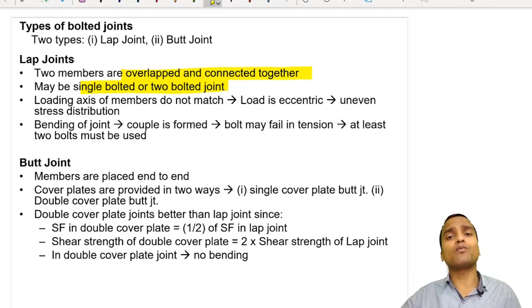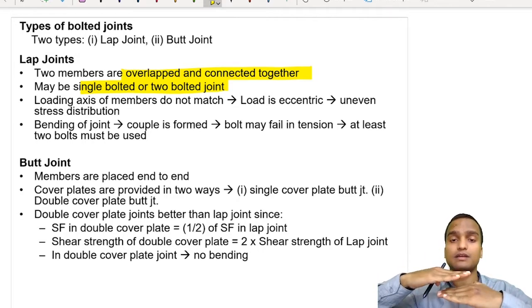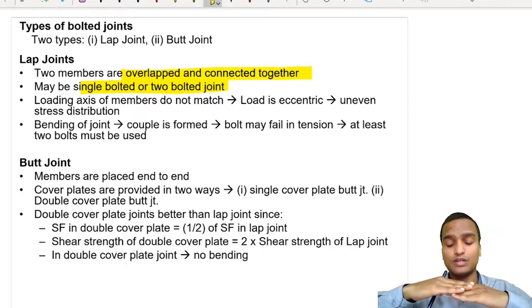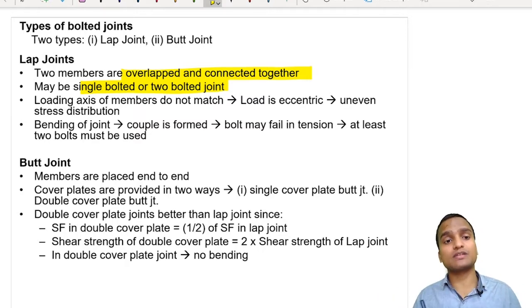Now in lap joint, what happens is that the loading axis of members do not match because one member is here and another member is here. So the axis of both the members are not coinciding. So the loads applied are at eccentric distance. So due to these eccentric loads, there is uneven stress distribution, and due to which there is development of moment